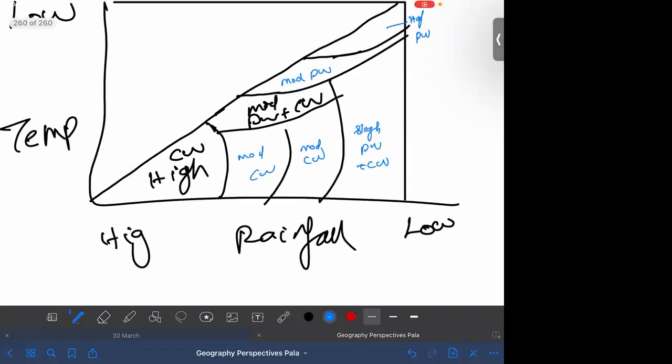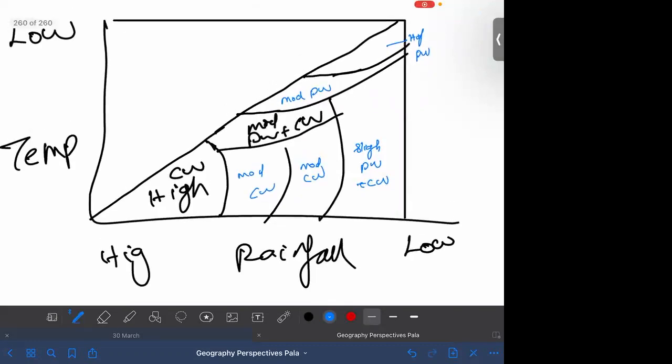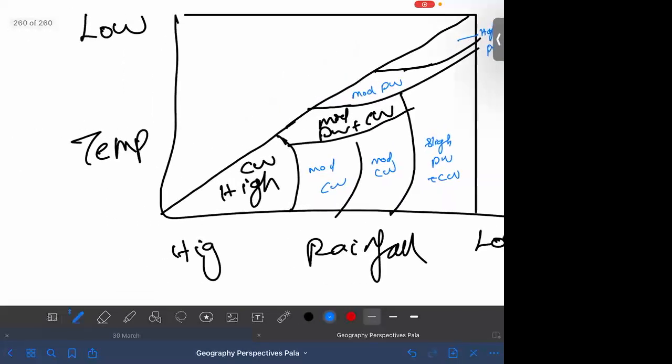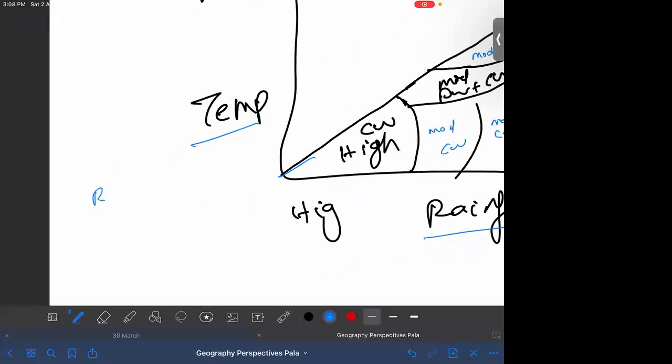You don't have to study this particularly in detail. I'm just showing you how this is done. So you have the high temperature and high rainfall region. Okay, that is the tropical region. So if you look at the tropical rainforest, you see very high temperature and temperature variation is very limited. So physical weathering obviously is more active when there is high temperature variation. But on the other hand, high temperature and high rainfall, high moisture condition and high temperature would mean what? Lot of chemical activities, lot of bacteria, lot of reactions happening. So chemical weathering would be dominating.